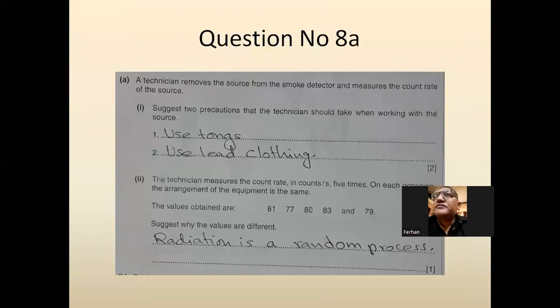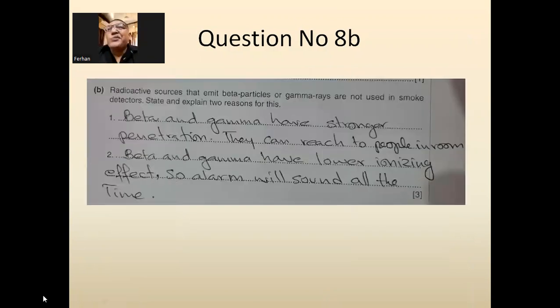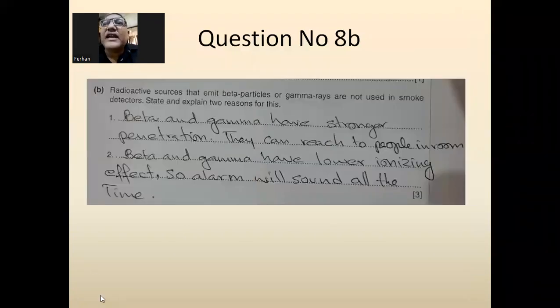So here we go. Our suggestion is to use tongs, or use clothing with lead lining. And the next answer: radiation is a random process, and beta and gamma have stronger penetration. They can reach the people in the room, and beta and gamma have a lower ionizing effect, so the alarm will sound all the time. So we are done with question number 8, and